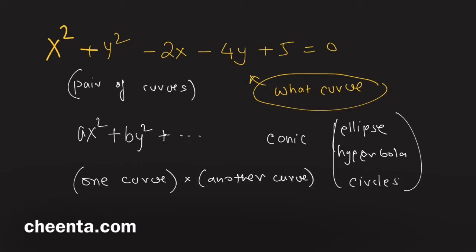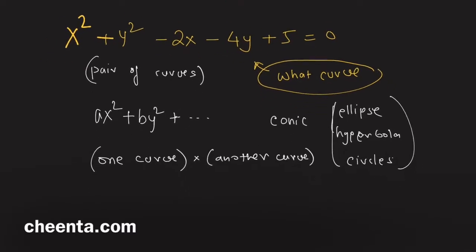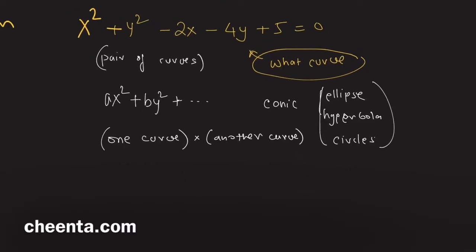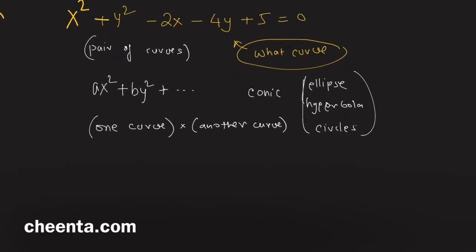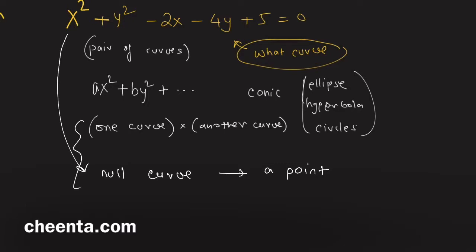That's one case. The other case would be you could use this equation to check that it could be a null curve, which is sometimes a point. So both of these cases comes under pair of curves topic. There are many other complicated examples. We will use only this one. Okay. So what we will do is